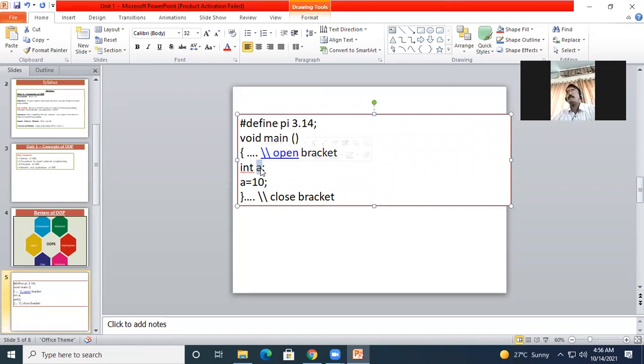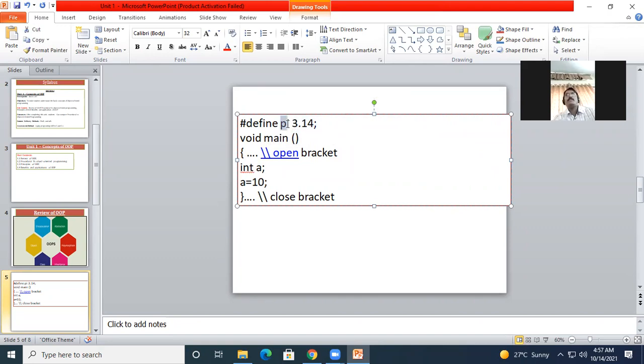Let's say instead of a, I can give here ABCD or simply a single character. But there are certain rules for defining the variables. It should not start with a number. So that is the basic requirement for declaring the variables. Okay, so here I have initialized the pi variable with the value 3.14.